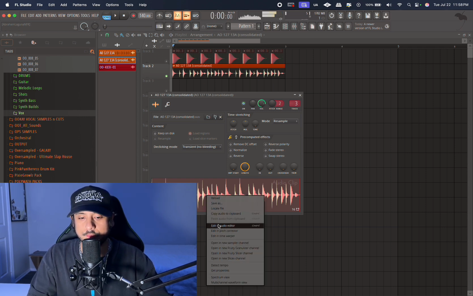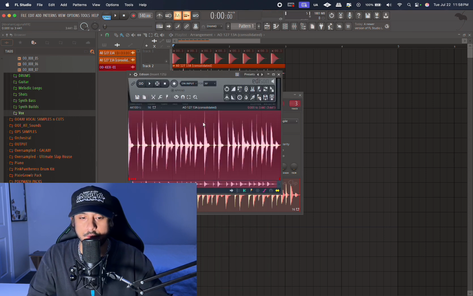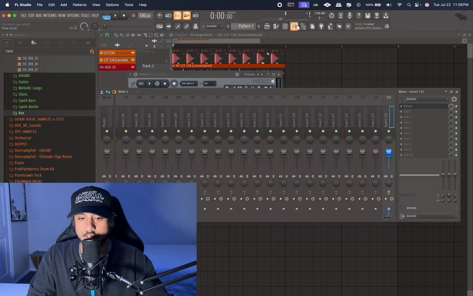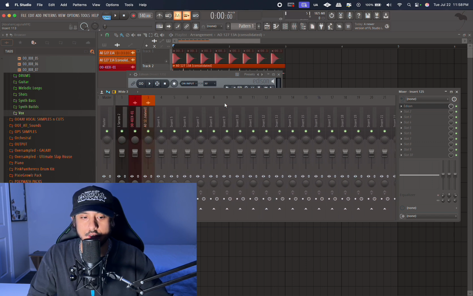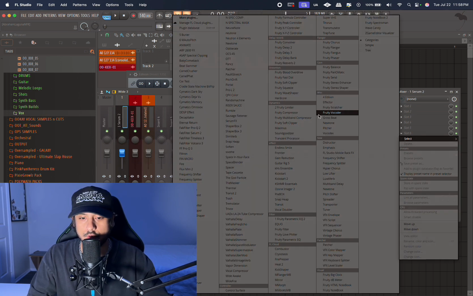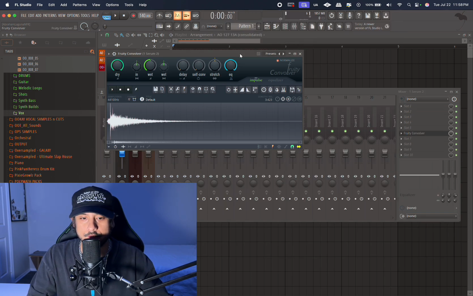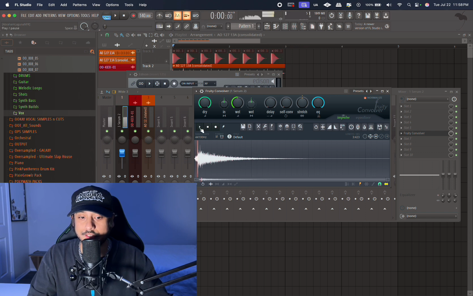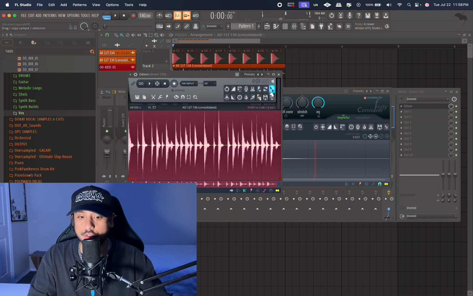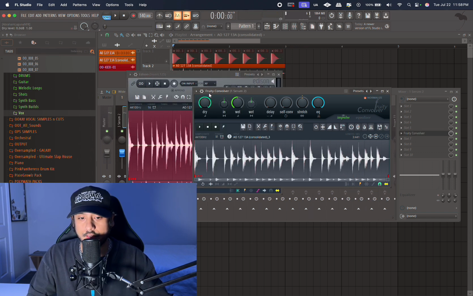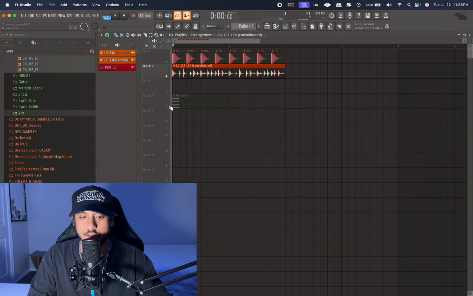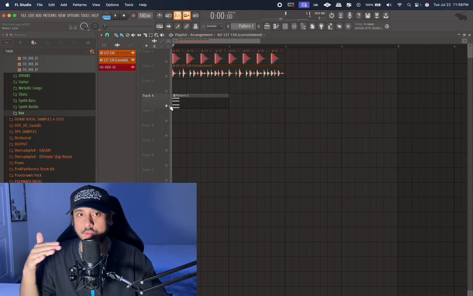Right click, and then you go to the audio editor. It'll pop up here. You select it all. And then on your actual plugin, you're able to go to Fruity Convolver, which is what I use. And instead of an impulse like that, you can import the drums like that, and it'll actually turn the pad into like a rhythmic